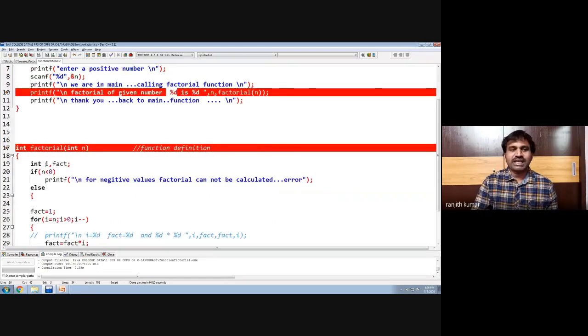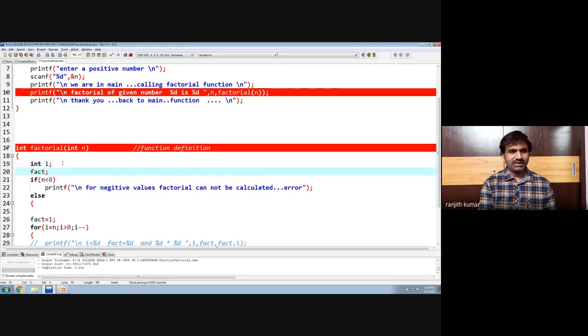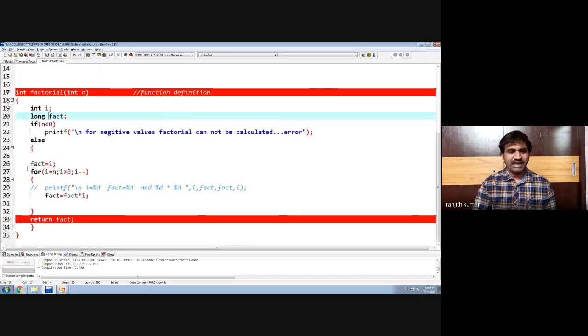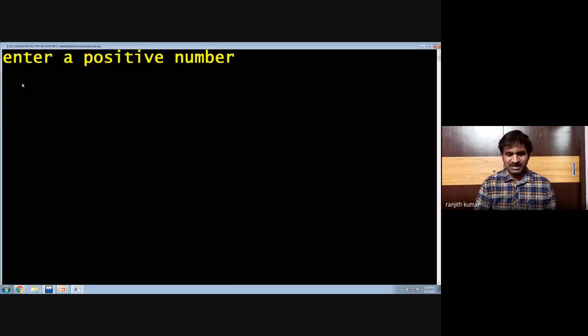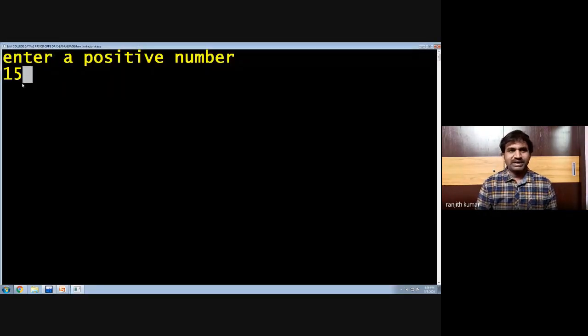If you are calculating the factorial of a bigger number, simply declare a long fact variable, the return data type will be long, and modify the function prototype, which can then calculate a big number factorial.